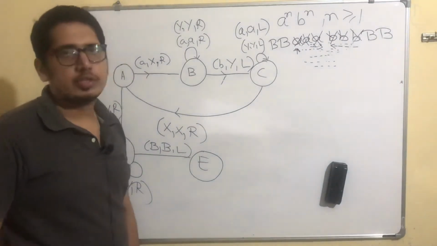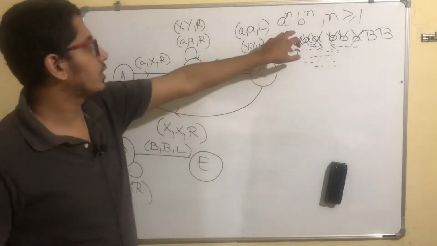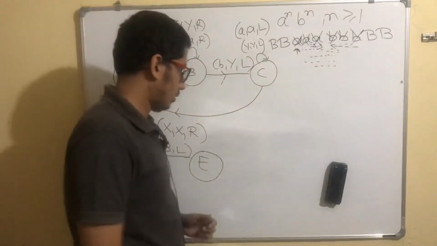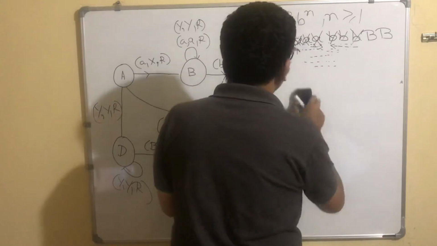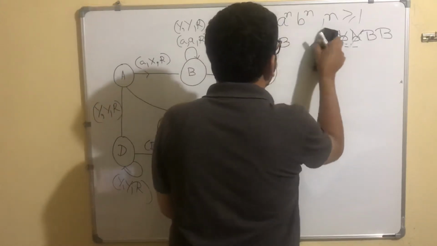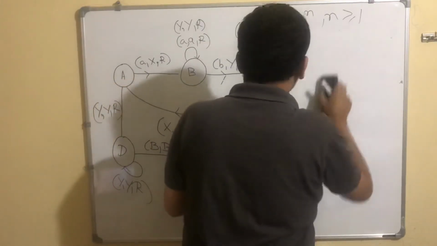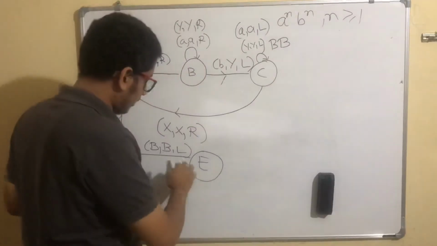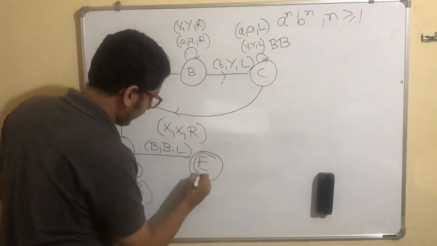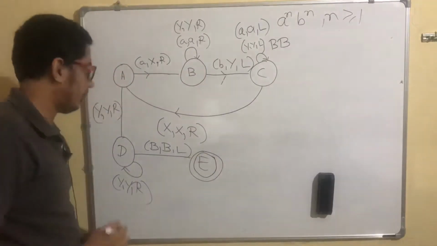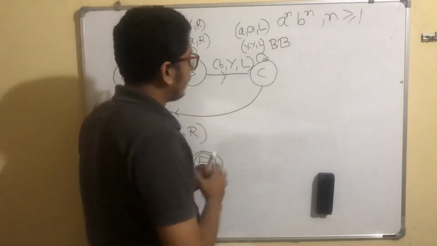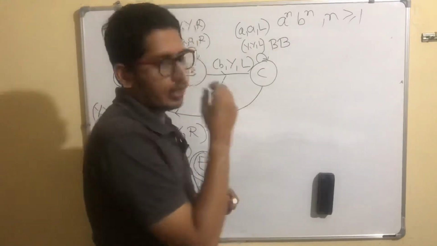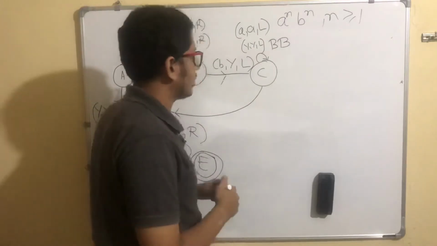Hello everyone. So in the last video we saw the Turing machine for this language a raised to n, b raised to n. So we'll dig more into it now a bit. So here this was the end. So this will be the final set. I forgot to mark it. So now we saw that we took a raised to 3, b raised to 3 and analyzed the Turing machine.